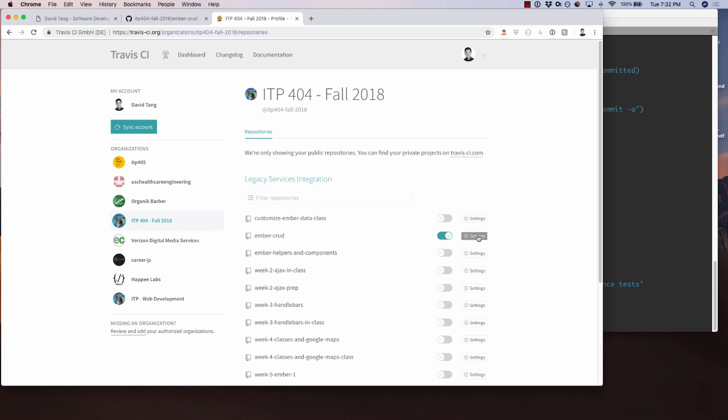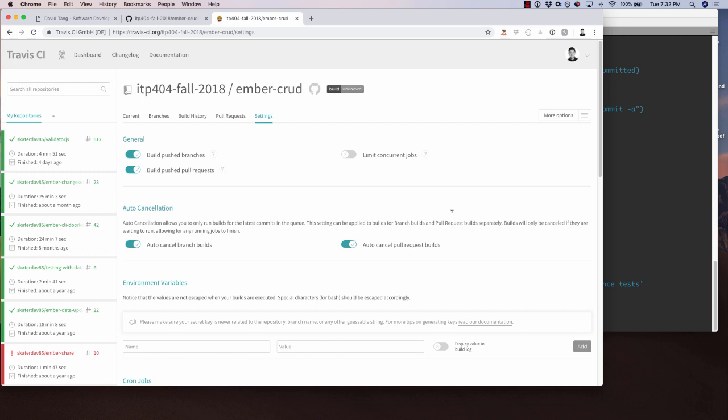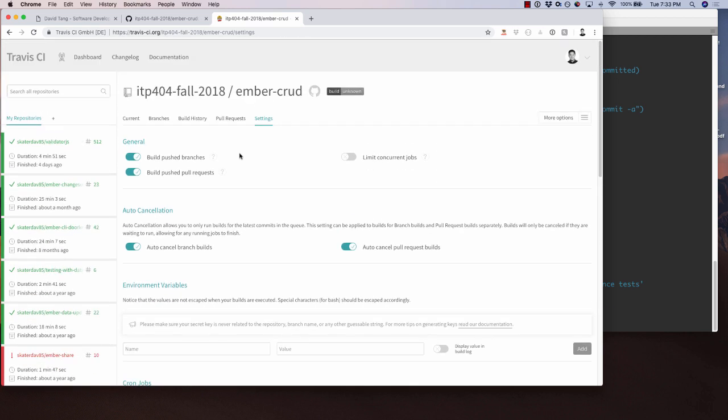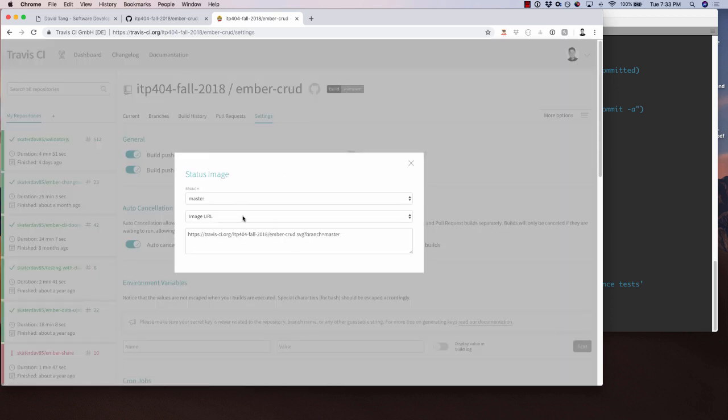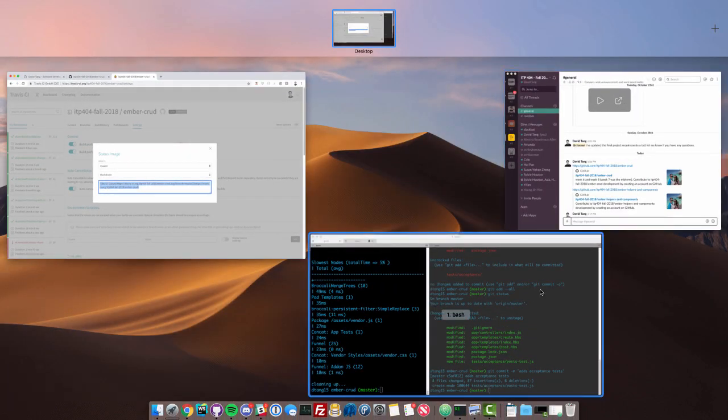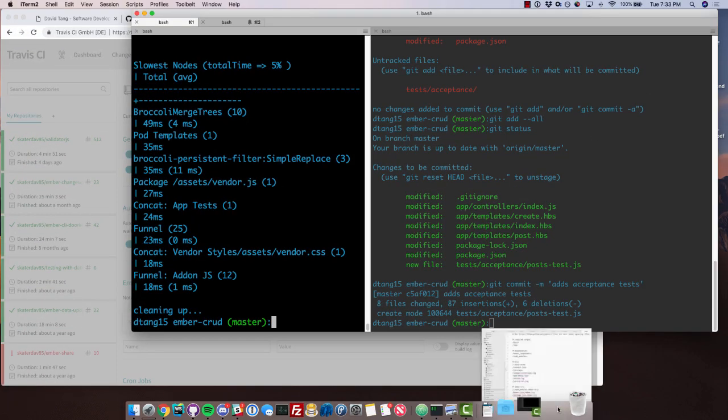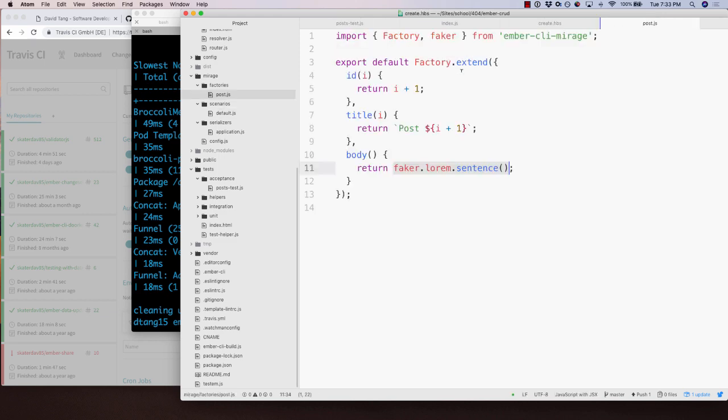So now if I click on settings for Ember CRUD, there's some configurations here. Okay, so if you click on the badge here, you can actually copy this little badge, and it should say passing or failing. And so I'm going to copy the markdown, which is what we're going to paste inside the README. So if I paste this and go back to my repo and close all this,